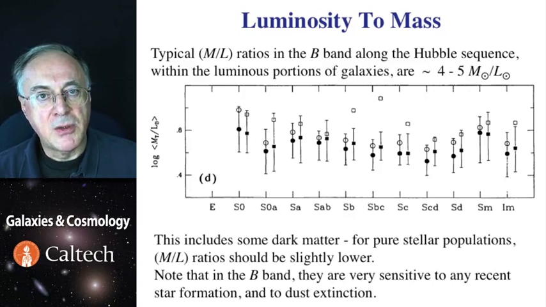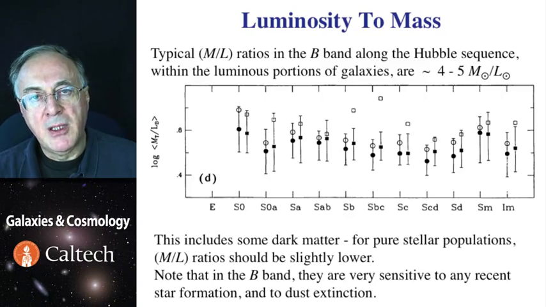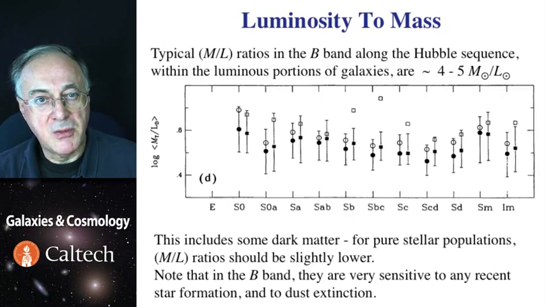And so here it is for a variety of galaxies of different Hubble types, and by and large it doesn't change a lot. For stellar populations we see in galaxies, it's of the order of 4 or 5. That is, on average, stellar populations are less efficient in producing light per unit mass. And the reason for that is that there is a lot of mass in very low mass stars, which are not very good light producers. You probably recall that more massive stars are far more efficient in producing energy.